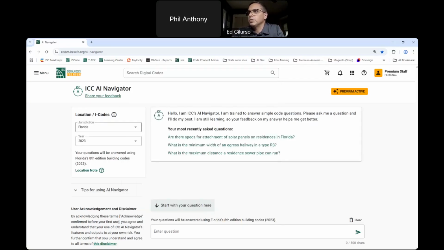When you get to the screen, you can select the iCodes or a jurisdiction. The latest testing I was doing was on the live system with Florida. We have 2 code cycles available for Florida right now. Most states only have a single code cycle available that's trained on at this point, but that will evolve over time. For the iCodes, we have everything from 2015 to the current 2024 cycle. And every one of those is actually its own training routine, so it's its own set of data with those codes, and its own set of training that the tool gets.